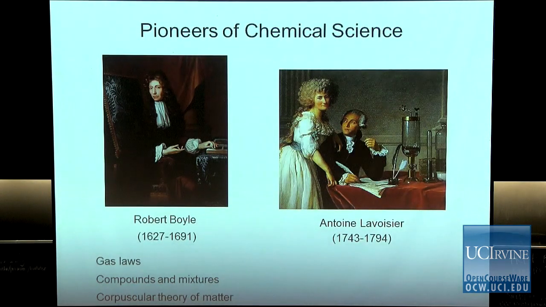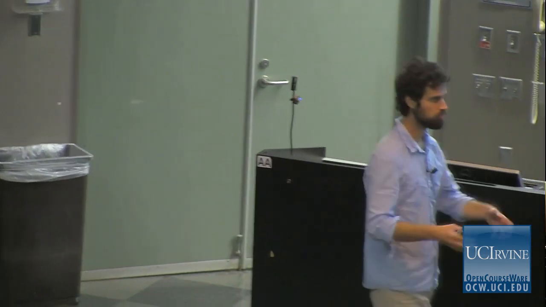All right, another person, very important to chemistry, Lavoisier. He was the person who discovered the conservation of mass during a chemical reaction. We'll hear about that in this class. He also was disproving the phlogiston theory. What is that? That has to do with, for instance, if you burn something,